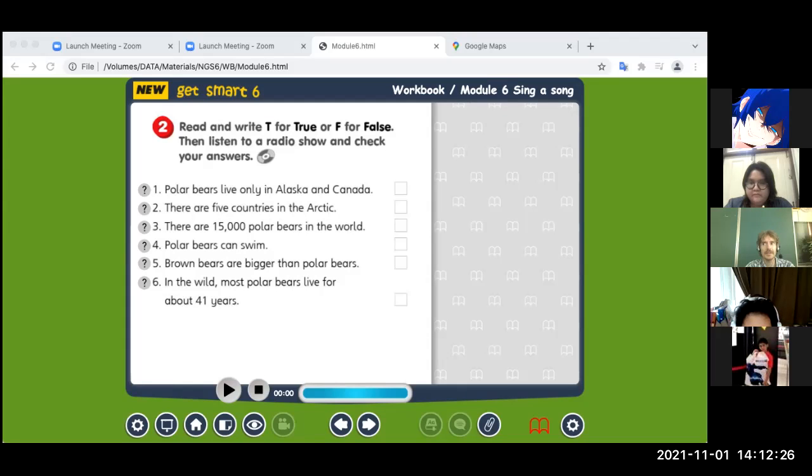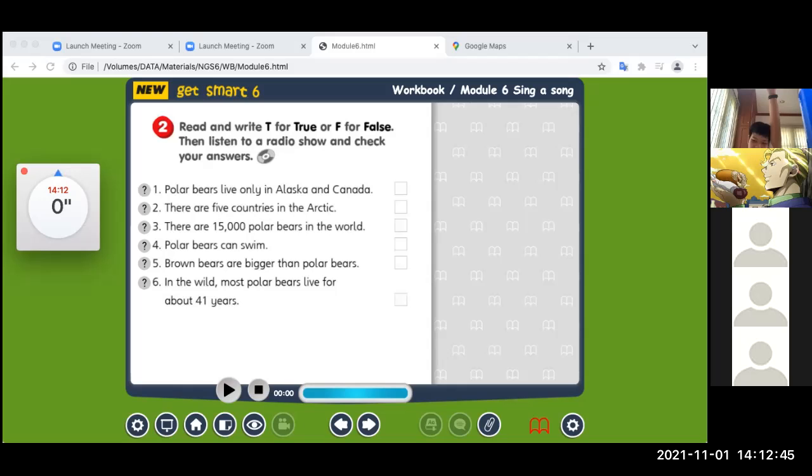Polar bears live only in Alaska and Canada. Use the reaction, I will give you 10 more seconds to react. The reaction is near the more button. I think it's false.